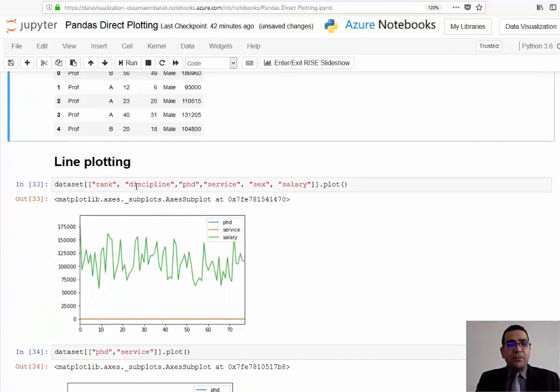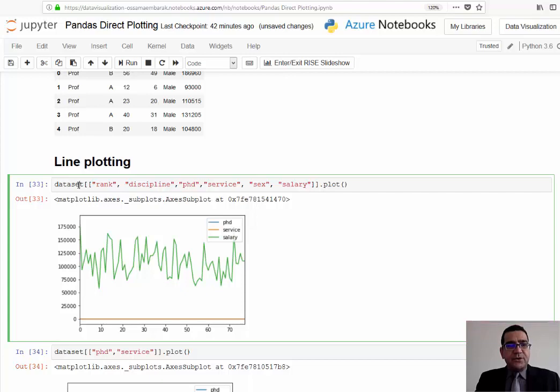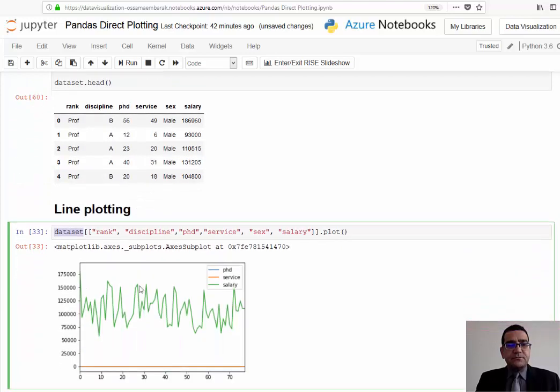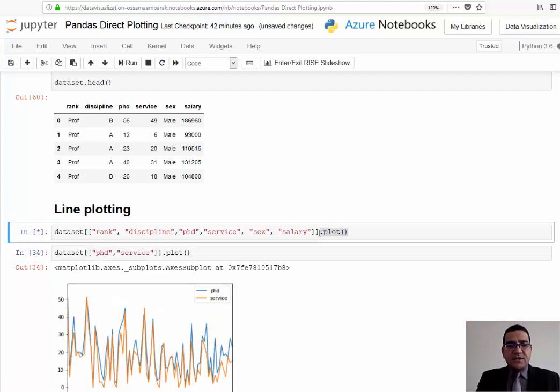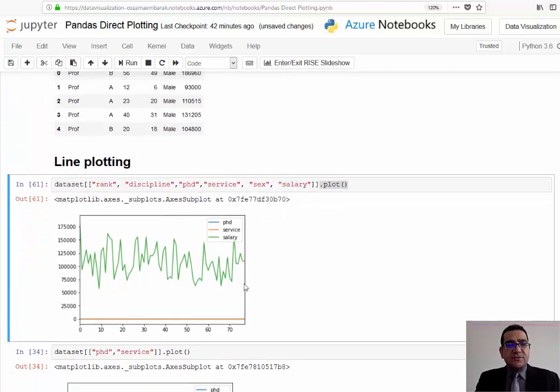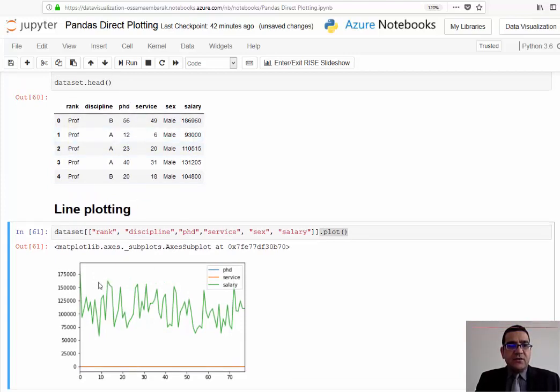Now, how to plot your data? We can use the data set name which we read here, put all the columns that you have, and then dot plot. But this is a general way of plotting data, and as we see here, not all data are represented, because we have numerical data and character data, and also the data set units are different. If you look here, we see salary, because the salary numerical values are very high, as we see here,